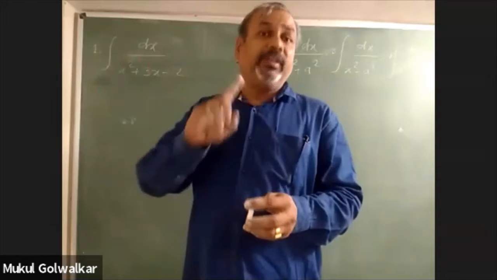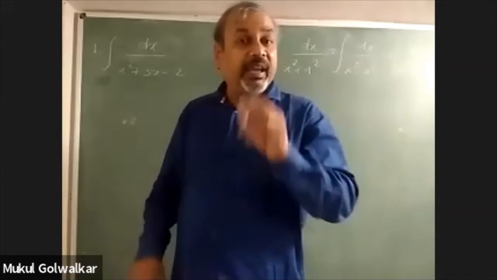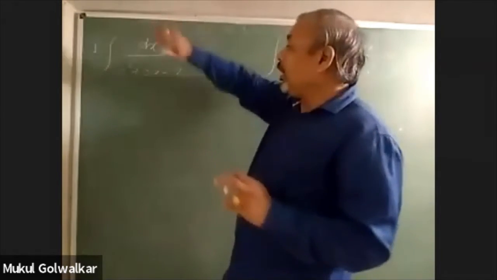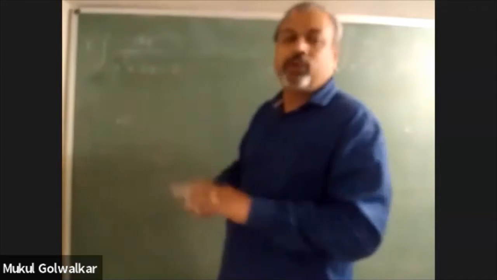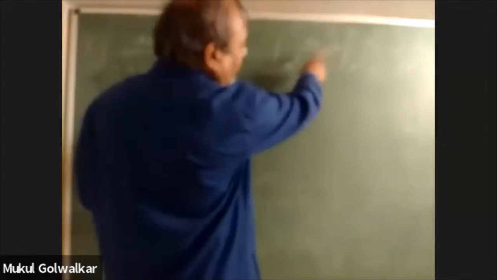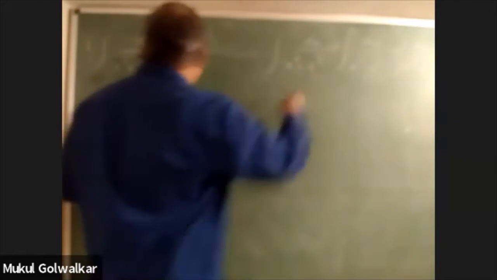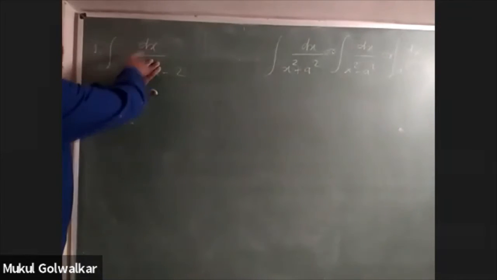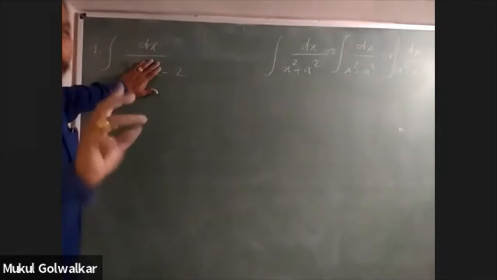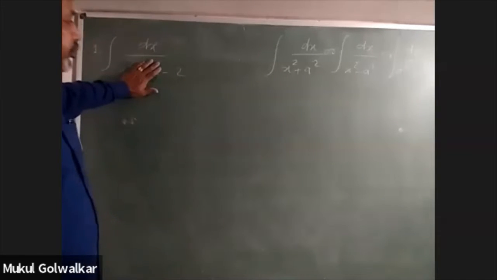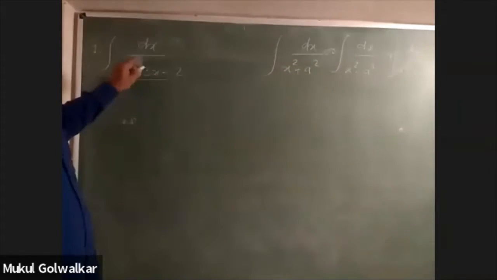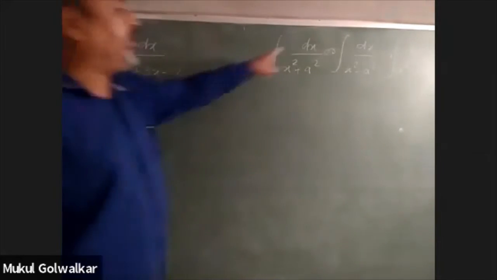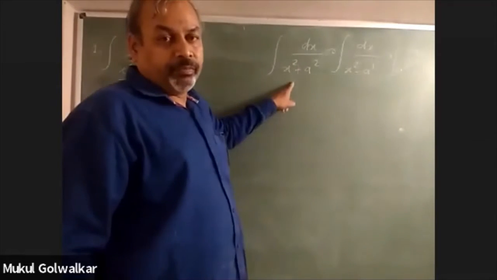The method of solving the question is that we cannot remove any specific term from the given function. You should not think, sir, the standard formula contains x square and a constant term, so let us ignore 3x from the given function and just write dx upon x square minus 2. No, this is not that kind of thing. What we are required to do is somehow convert this into the form of dx upon a pure quadratic.